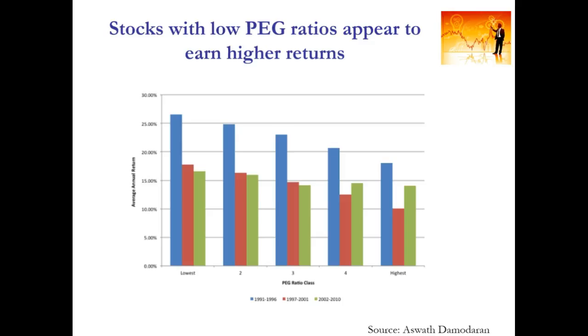So if we have a look at this, what we can see here is that evidence of returns of stocks with low versus high PEG ratios, and this is broken up into three subsample periods: 91 to 96, 97 to 2001, and 2002 to 2010. And across all sample periods, there's basically a downward trend. That is, the average annual returns of stocks with low PEG ratios tends to be higher than the average annual returns of stocks with high PEG ratios. So this is used as a justification for why these growth screeners would use this PEG ratio in their investment